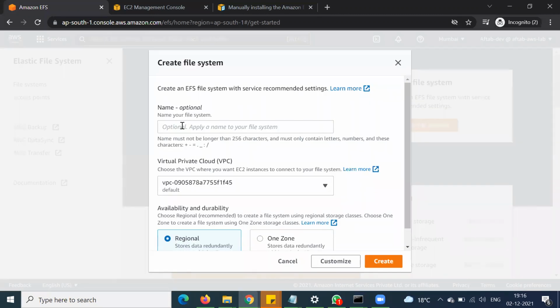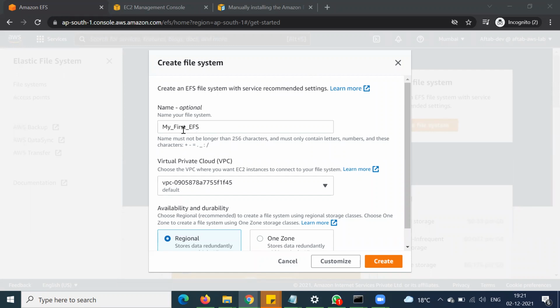Here you need to provide the name of this file system. The name is optional, but still we need to provide some name here.